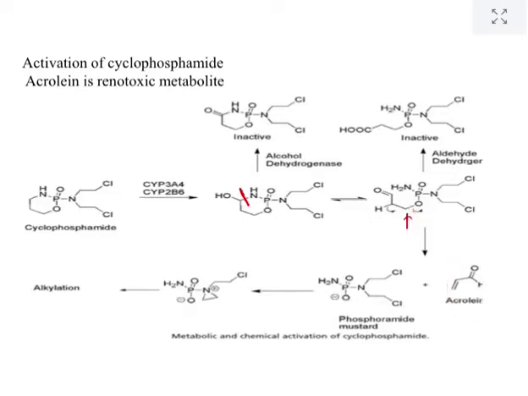Acrolein. This is of course a spontaneous rearrangement, a spontaneous cleavage which is occurring here. It is not being catalyzed by any enzyme. You get the compound we are calling acrolein. Now acrolein is highly toxic. It causes renal